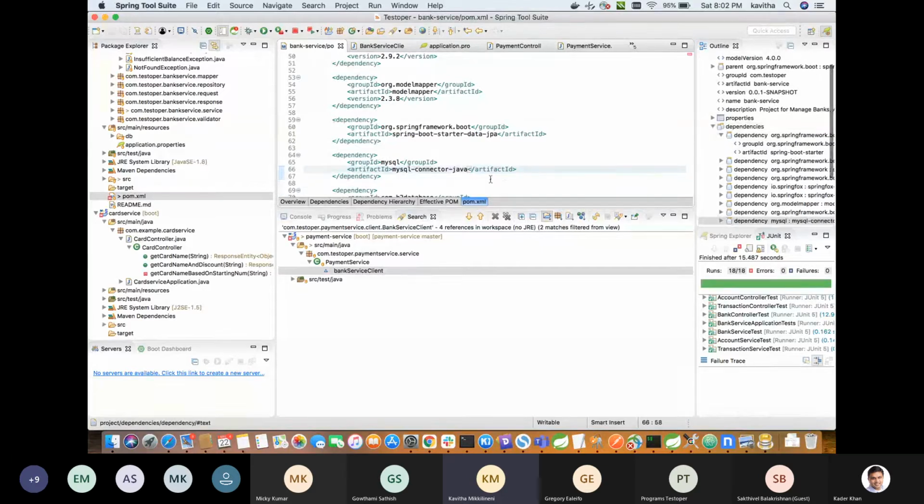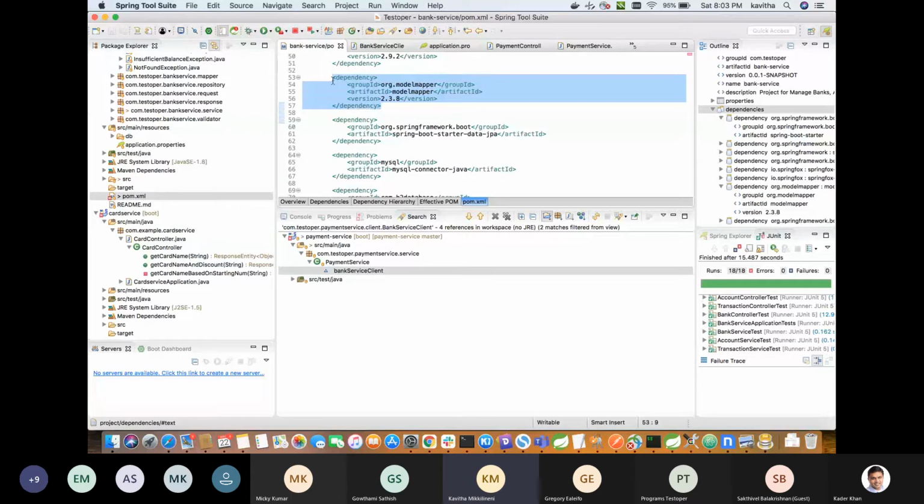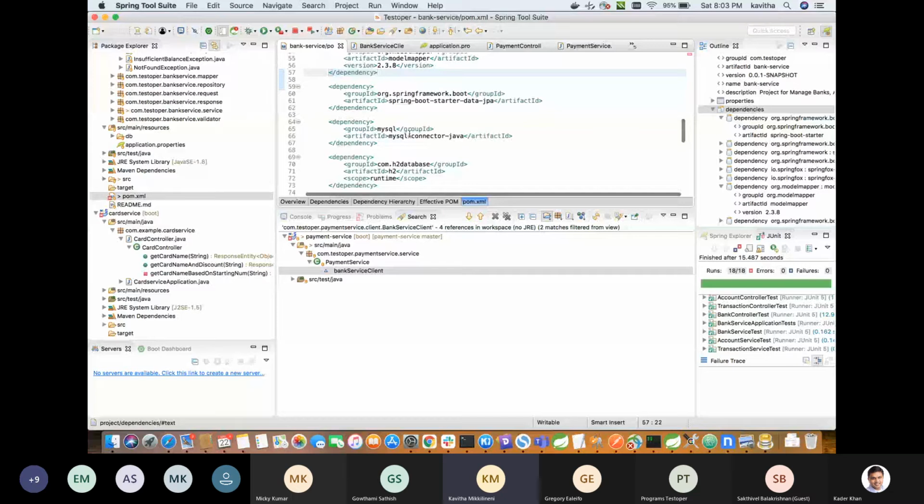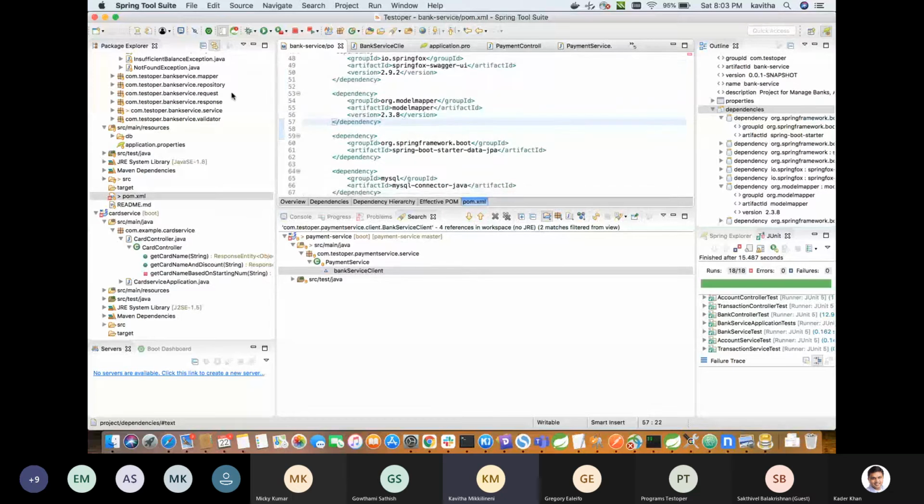So I have set up a local SQL, and we are trying to connect to that SQL using this dependency. And the model mapper is something which we'll use to convert the input, that is the request and input params, to the entity classes, right? So that one we will use this model mapper. So these ones we will have here, okay.